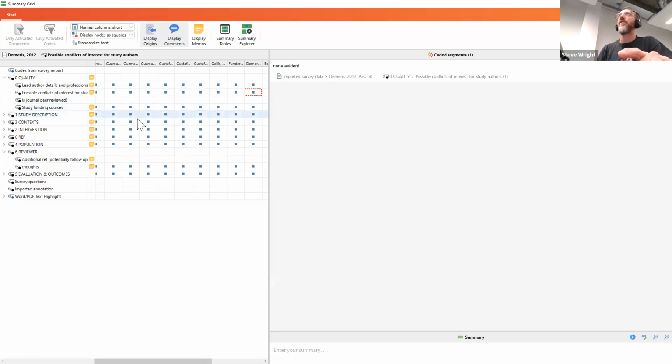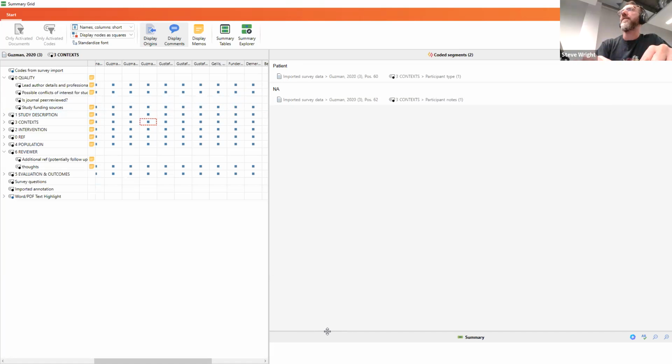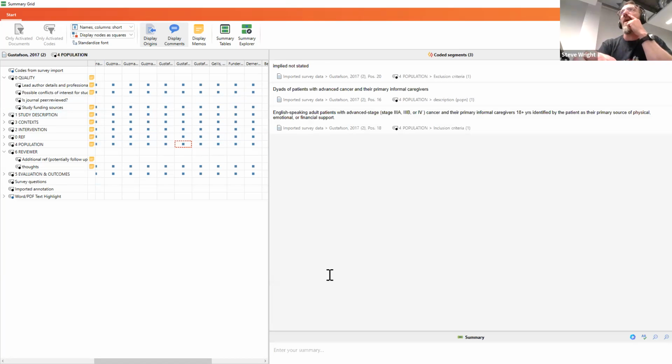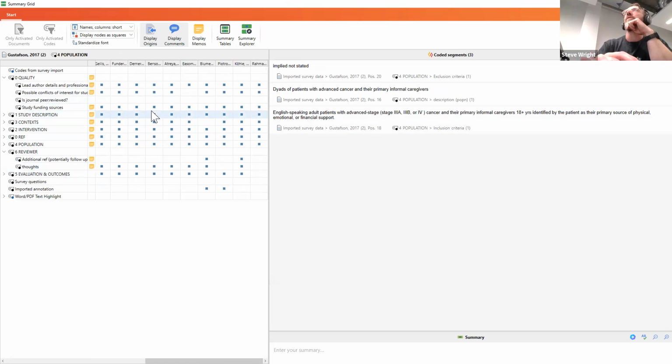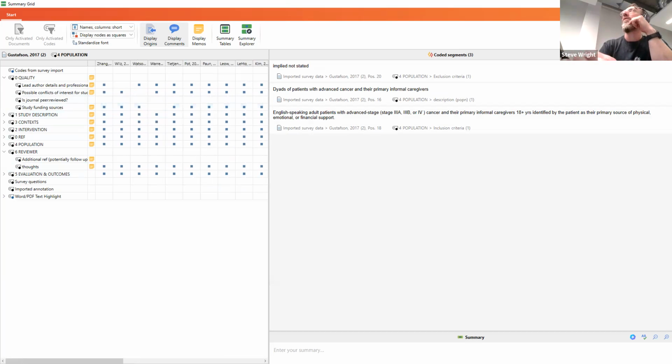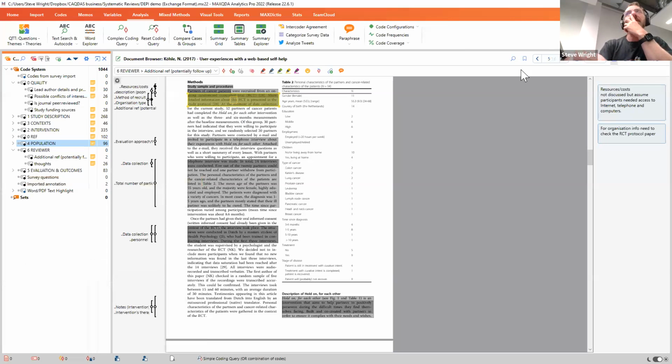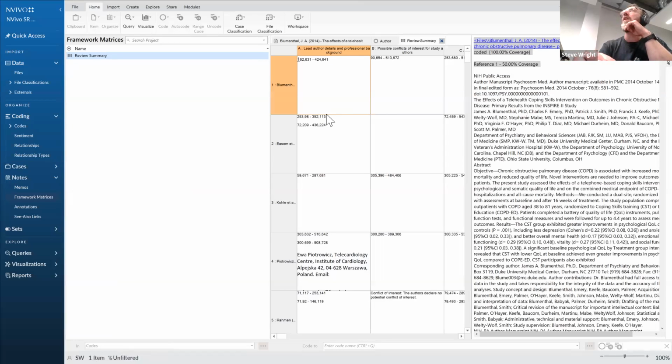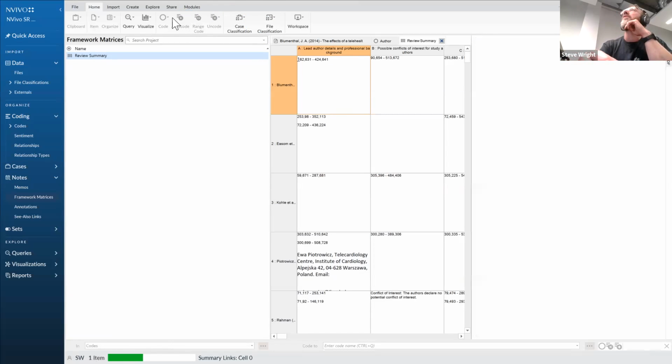It's just all there. It does it for you. But the great thing here is I can use this tool to write a summary of that data, or to write my interpretation, my synthesis of each of these documents. So it's really powerful. So this has that, and NVivo has this thing called framework matrix, where if I